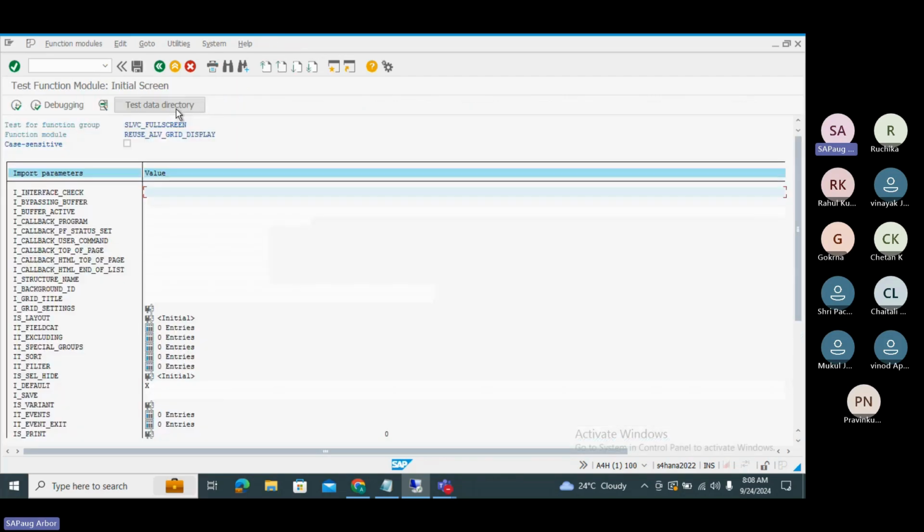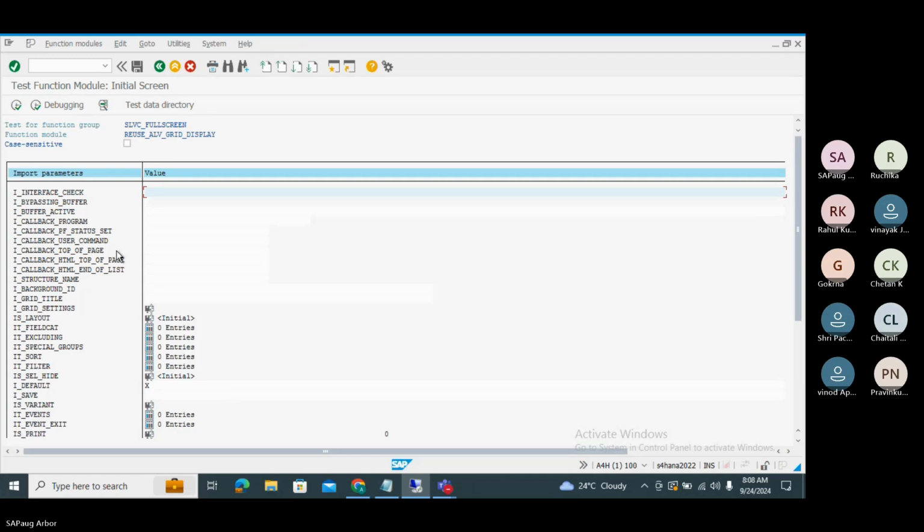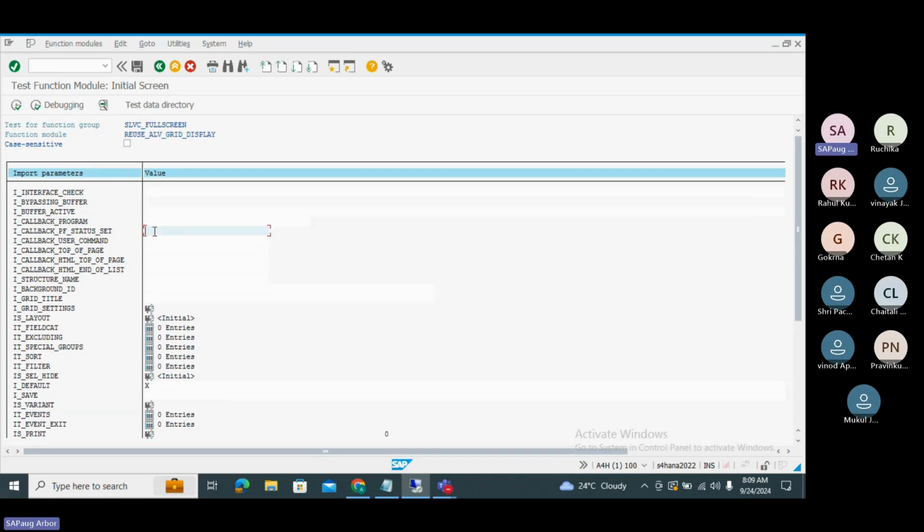While executing this, there are some parameters which we are using in our report by passing some values to this. Like here is the callback program. The callback program is our custom program. Then PF status: if we want any addition of buttons in the reports, or if you want to change the toolbar, then you can create a custom toolbar. Then user command